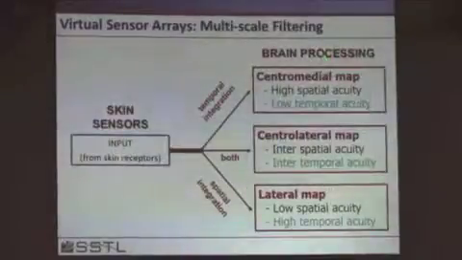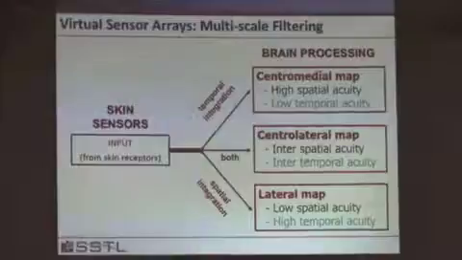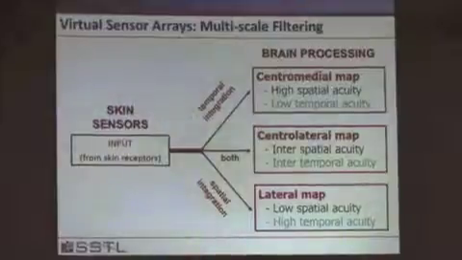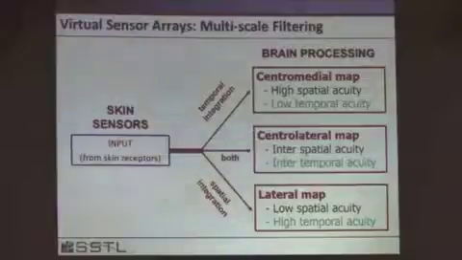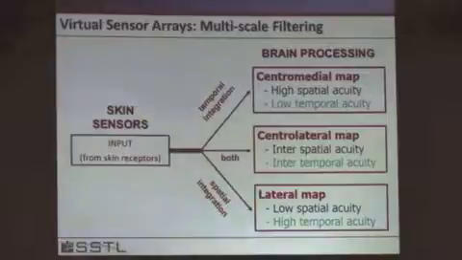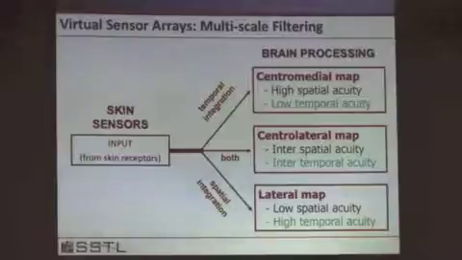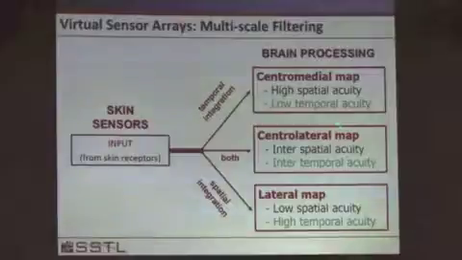Well, this centromedial map, where you have high spatial acuity but low temporal acuity. What does that mean? That means I know exactly where that point is, but I don't know when it's there. On the other hand, in the lateral map, I've got low spatial acuity. I don't know where it is, but I know when it's there. And so by using this type of temporal integration, spatial integration, and intertemporal